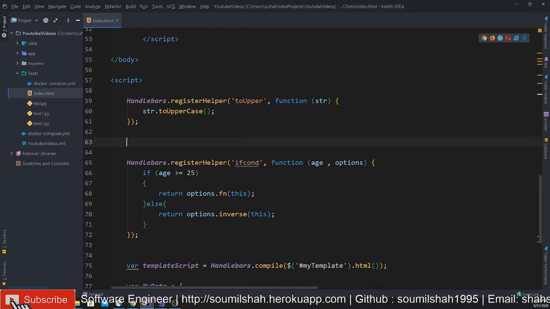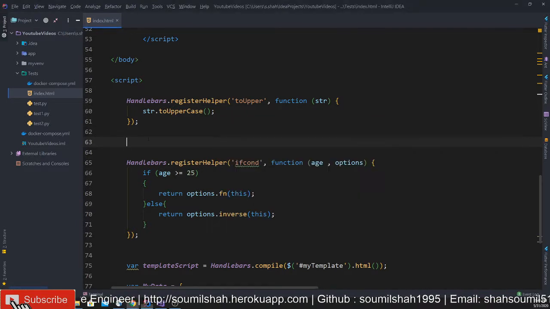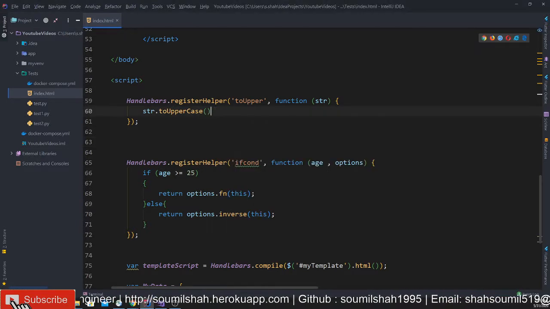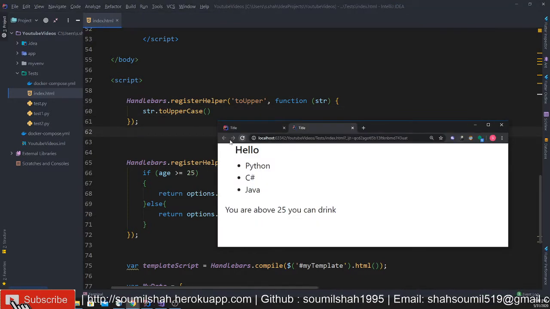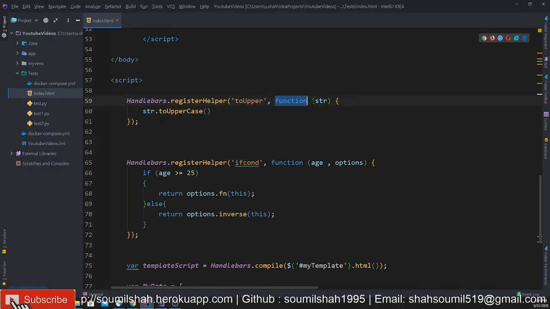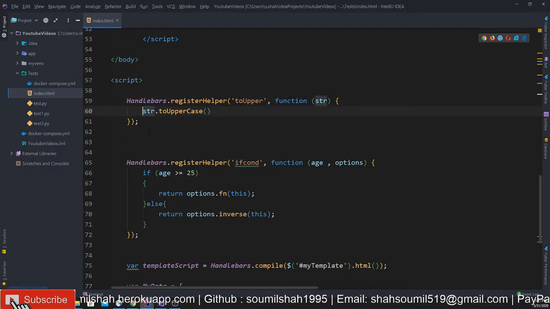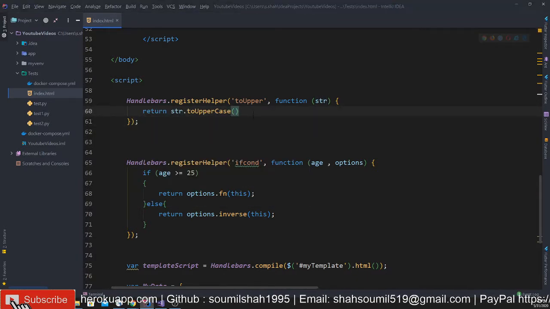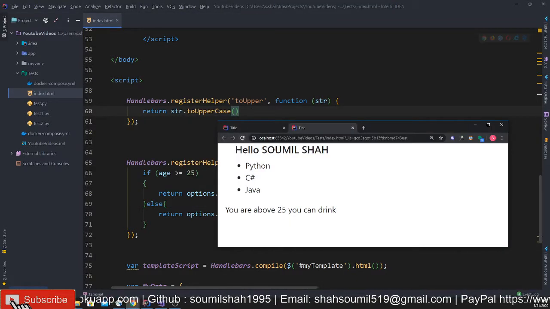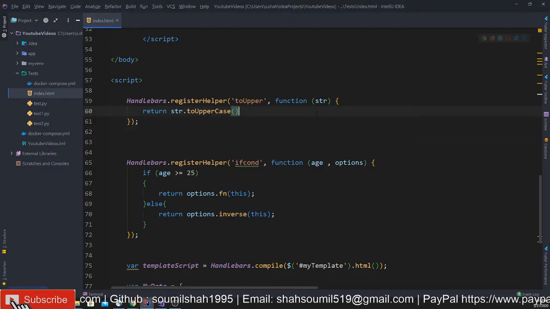Let's kindly try that out also, make sure that works. For some reason that did not work. Yeah, so I think this won't work. I think I have made some error. I don't know, what am I missing? Is it a return? Let's try to find out if it works. Yeah, I think I was missing a return statement. So whichever way you are comfortable doing it, feel free to do it.